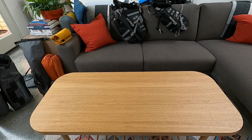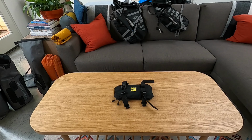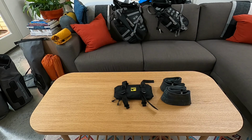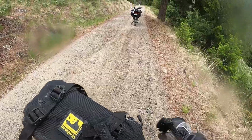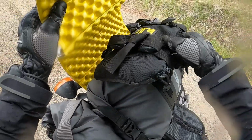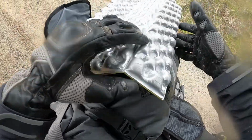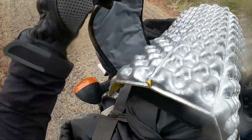Next is our toolkit and tire repair items. I carried the Wolfman fender bag, and Keith carried both sets of spare tubes. The fender bag had some trouble staying on the bike, however, and we nearly lost it twice on the trail. After it fell off the fender on the first day on the trail, I decided to strap it to the top of my Moscow Moto Stinger tail bag, and then we unknowingly lost it again on day 3, but we're